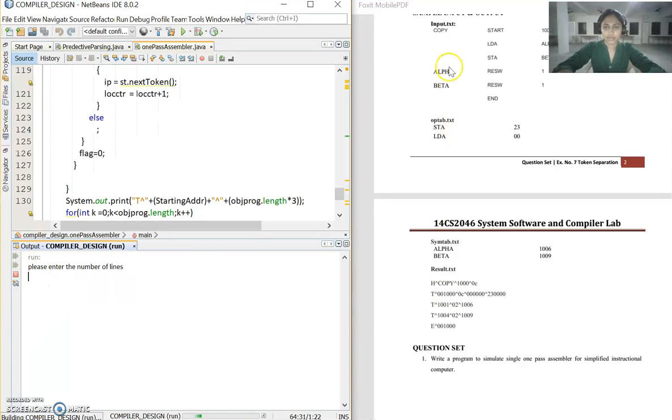They are asking for the number of lines, so here we have 6 lines. Next is the number of variables, which is 2. Enter the input. Now for entering the input, I will say COPY, let's put it in capitals, COPY START 1000. Next I will say alpha reserved word 1, beta reserved word 1,